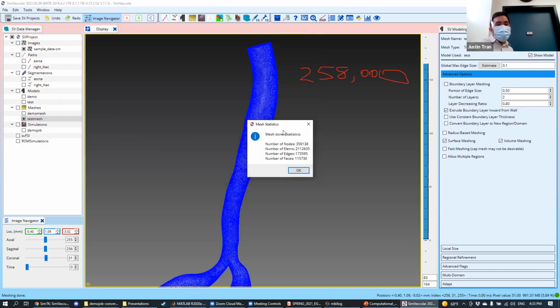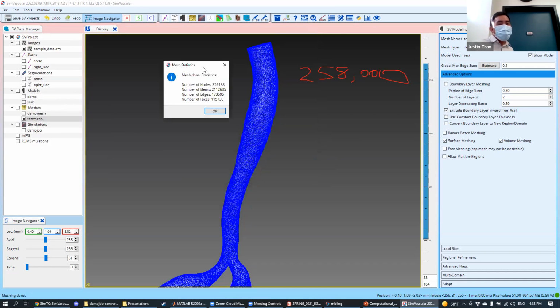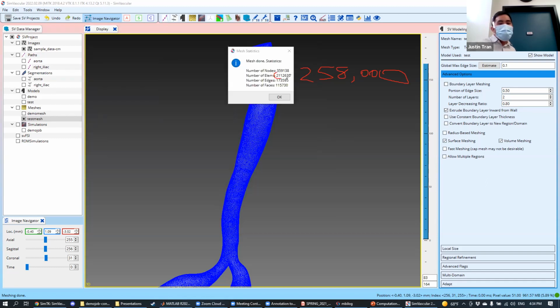All right, and so we're done. Okay, so my computer did not blow up. Let's look at the number of elements here compared to what we had before. If you read this number here, you can see that it is about 2.1 million elements. By cutting the element size in half, we actually increase the number of elements by almost a